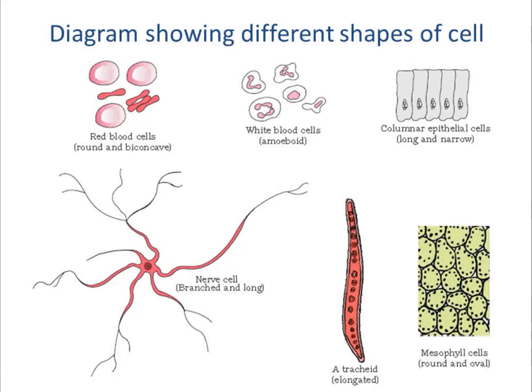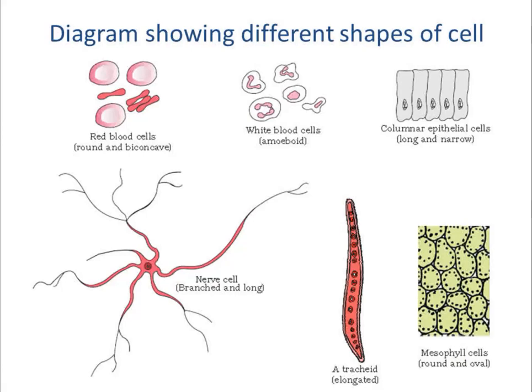Fine. Moving toward the last one, that is mesophyll. Meso means middle, and phyll is because they have chlorophyll. Because they have chlorophyll, that's why they are called mesophyll, right? From chlorophyll you can understand it is a green pigment, very important for photosynthesis, right? In a plant, photosynthesis is definitely very important.